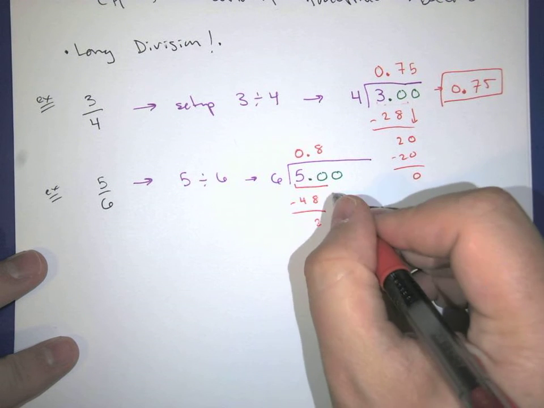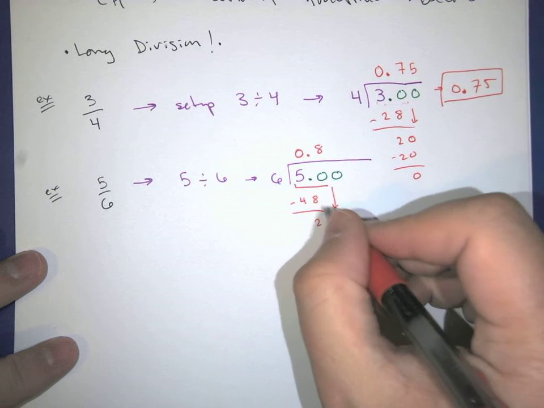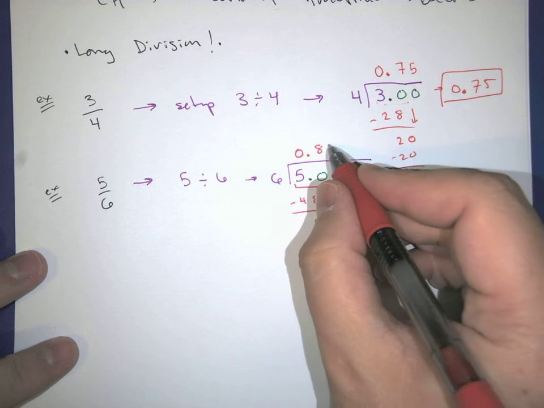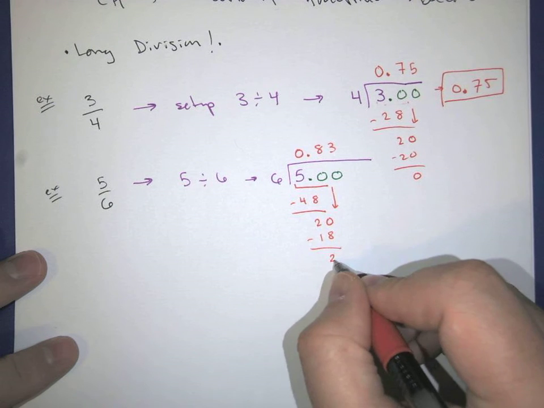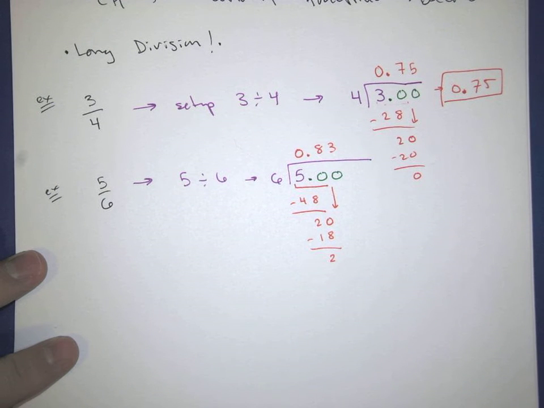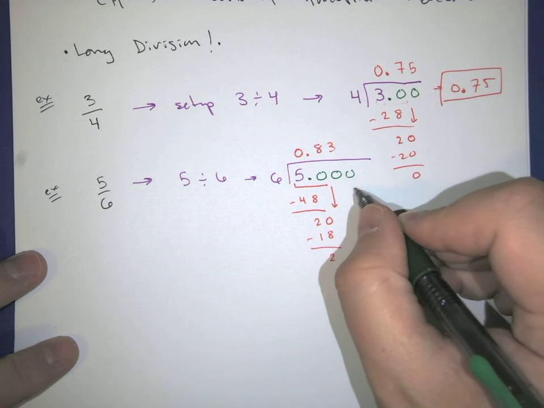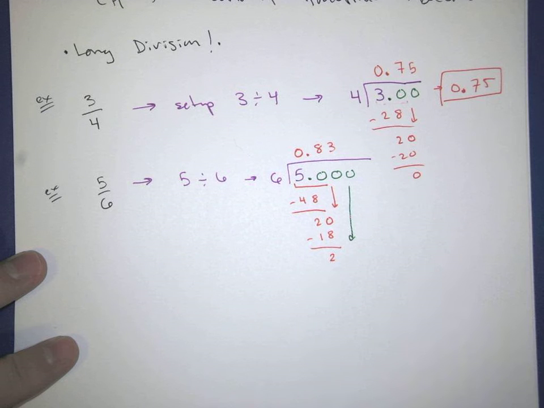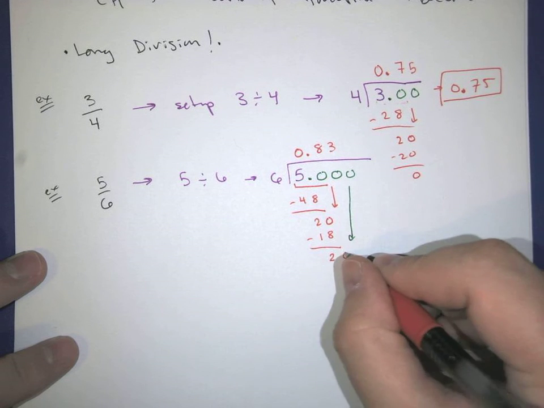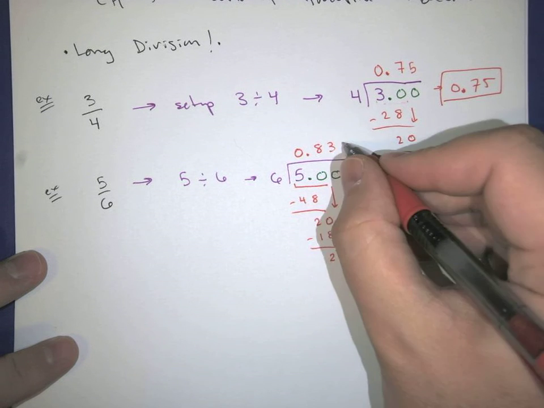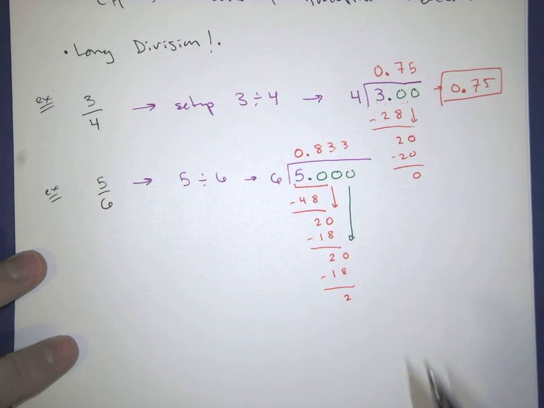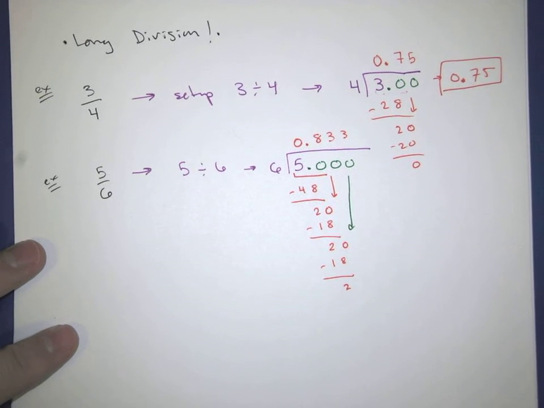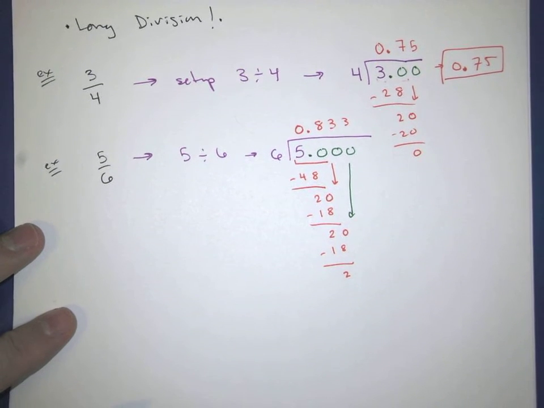Subtract, that's going to give me 2, comes down and gives me 20 again. 6 goes into 20 three times, which should be 18. Subtract, I get 2. Some more numbers, so let's put another 0 on. Bring it down. So that's 20. Now 6 into 20 is going to go 3 times, which is 18. And lo and behold, probably what you're yelling at your screen right now is don't keep going,